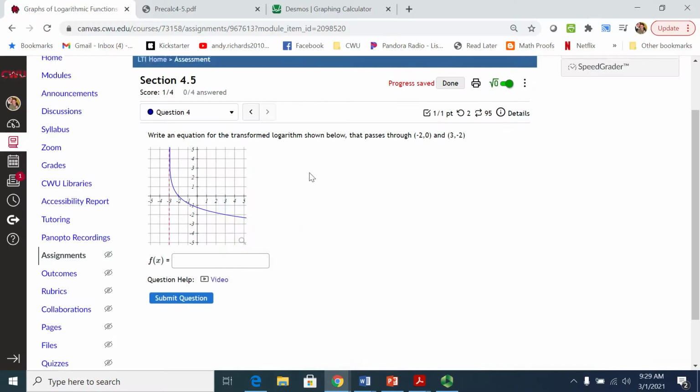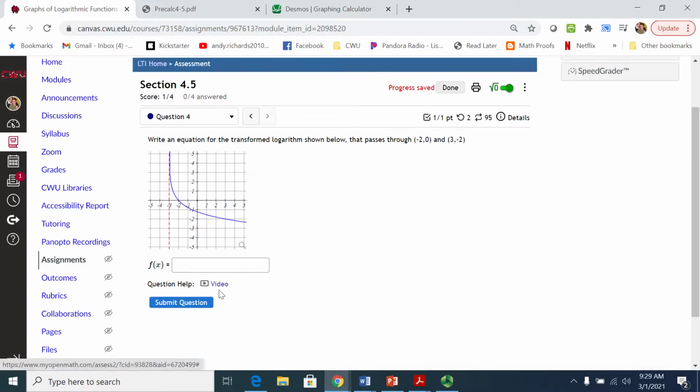I would like to go over this question here. I had a student actually email me saying that the video provided wasn't very good. I value that feedback, so I'm going to go ahead and make my own video, and hopefully that will be sufficient. So what we have here is a transformed logarithm that's graphed out below, and then it goes